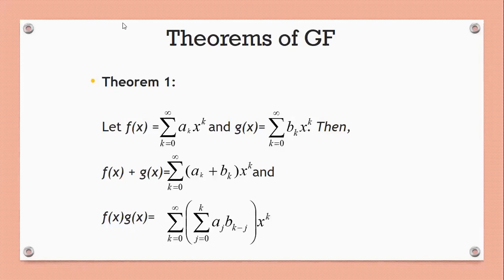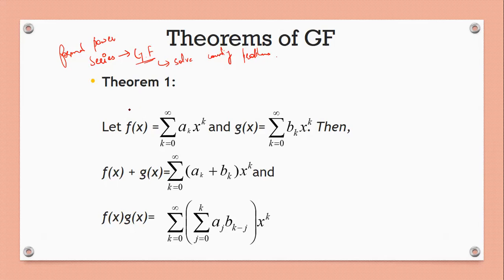Next topic is theorems of generating functions. When generating functions are used to solve counting problems, we usually call it a formal power series. Formal power series is the same concept as generating functions, but whenever we use this concept to solve counting problems, it is known as a formal power series. Based on this, we have a few theorems of generating functions, and the reason we see the theorems is that some results can be directly used as formulas.